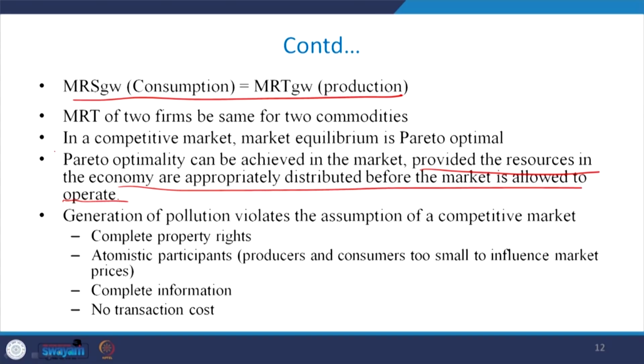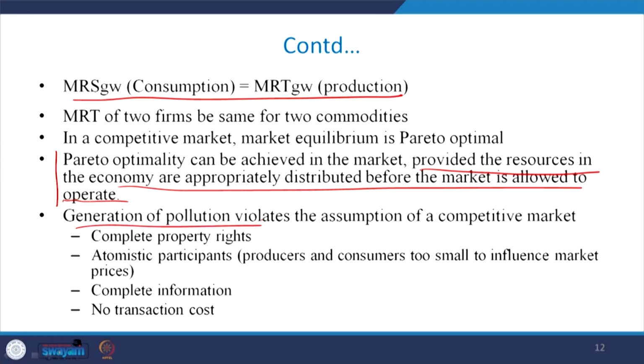So, this is very important that the property rights should be well defined, resources initially should be properly distributed, and if all these things hold true, then the market can efficiently allocate the resources and Pareto optimality can be achieved. So, generation of pollution in any economy violates the assumption of this